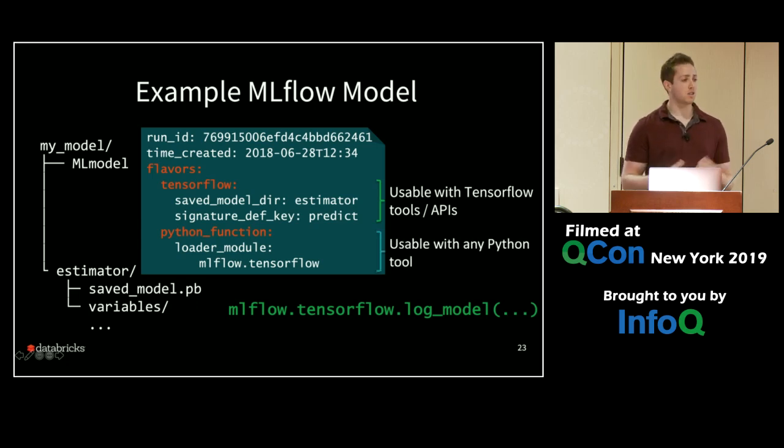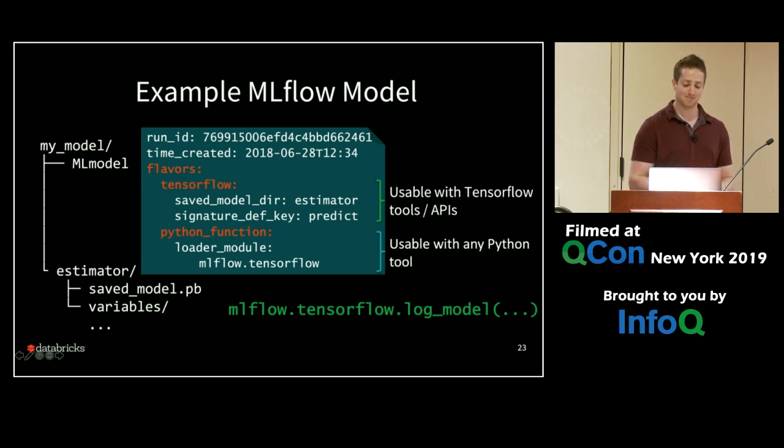With the Python function flavor, MLflow introduces an additional layer of abstraction for loading and evaluating this model. Via Python function, an MLflow model can be represented as a vanilla Python function accepting a pandas data frame, meaning that in order to load and evaluate this model, I no longer have to reason about the internals of the